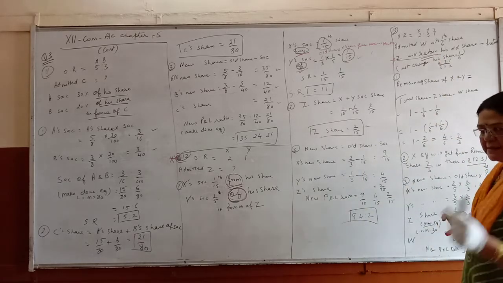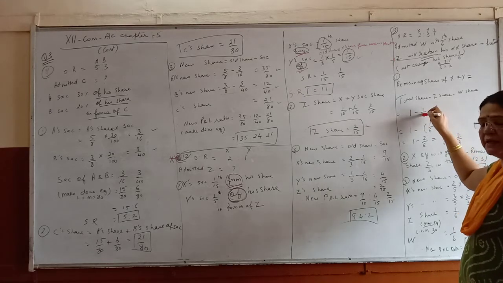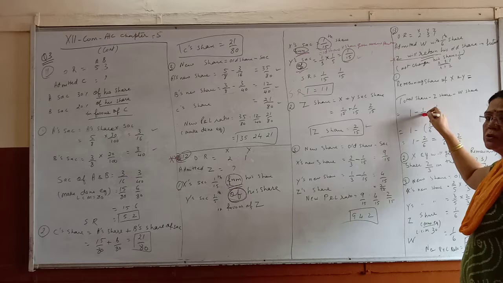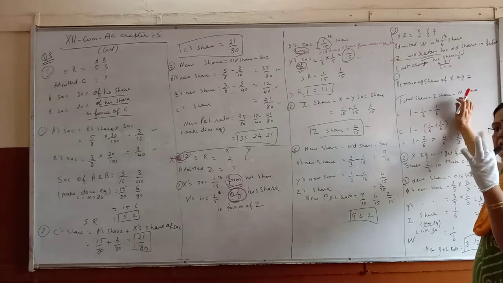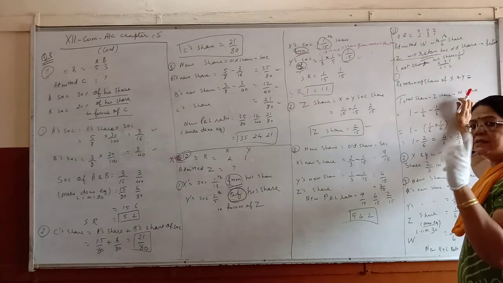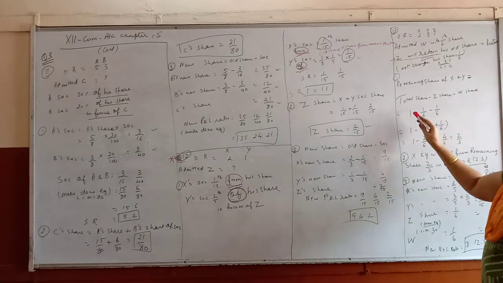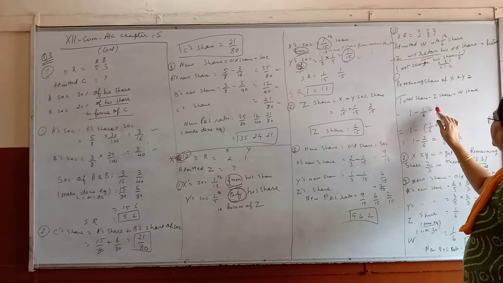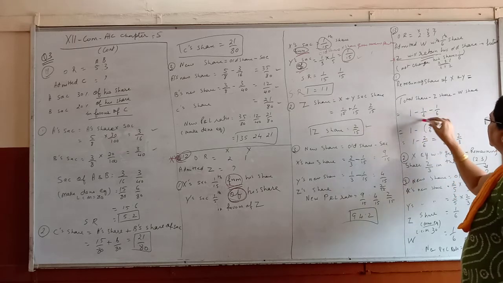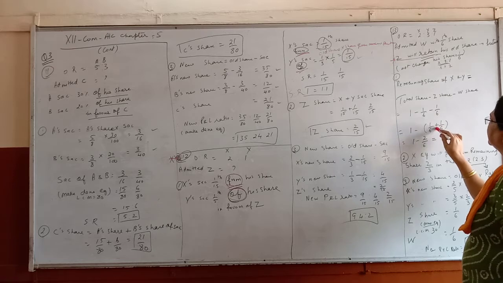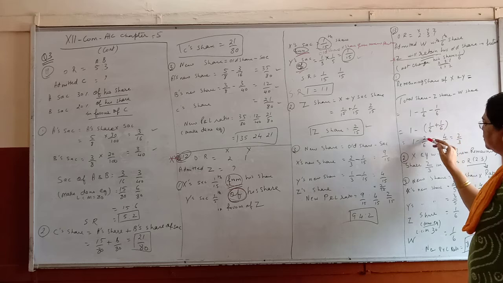Okay, so this sum is a little bit different. 1 minus the person who is going to retain his share, who doesn't want to change, and the new partner who is coming, this share we will subtract from 1, that is the total share, and the remaining will be for X and Y. So children, here 1 minus 1/6 minus 1/6. You can write this way: 1 minus (1/6 + 1/6). The denominator is the same, so 1 plus 1, 2/6.